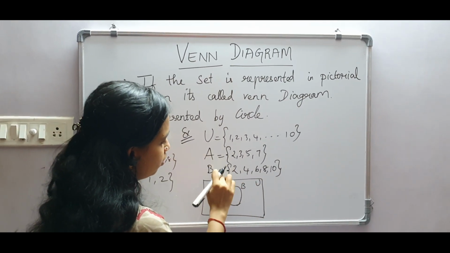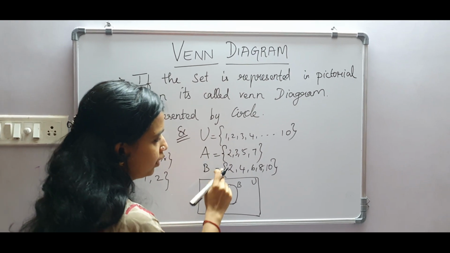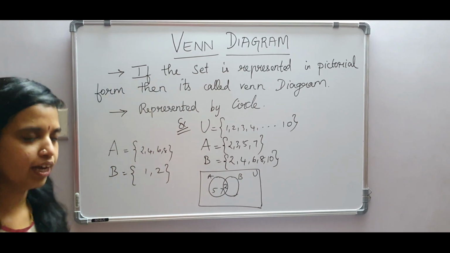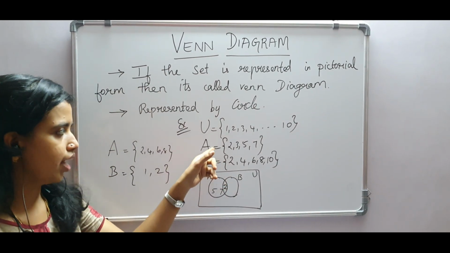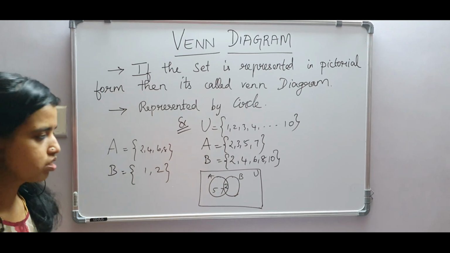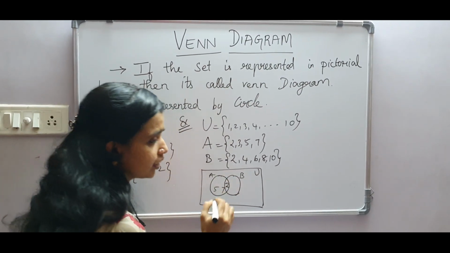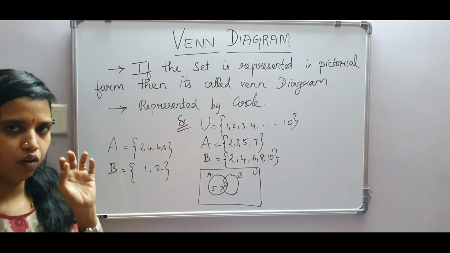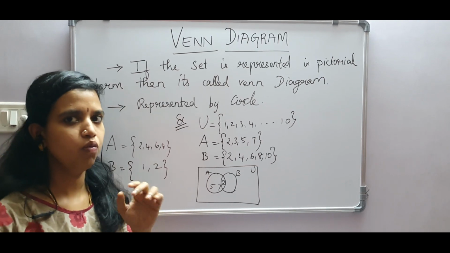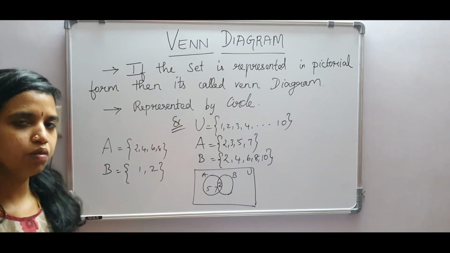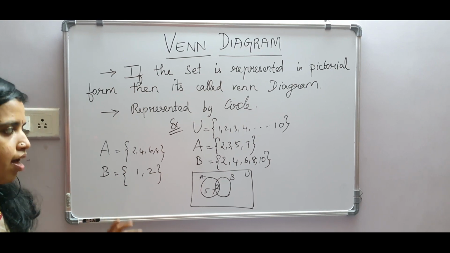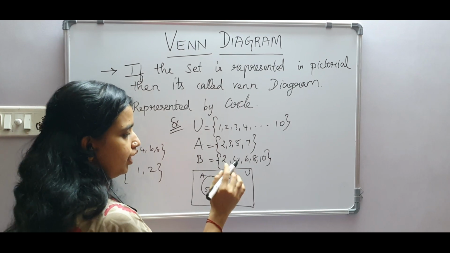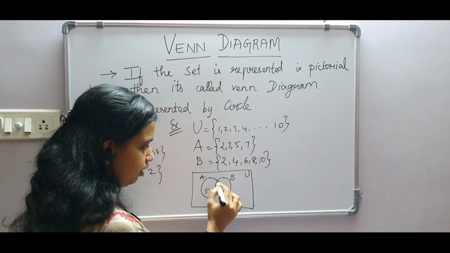See, in these two sets we have the common element 2. So we write the element 2 here. Why? Because the element 2 is in A and also in B. So this is the intersection. What do you mean by intersection? We all know union of two sets and how to find the intersection. Union means just combining those two sets, and intersection means common elements, right? So if you have any common element, we have to represent it in between these two.